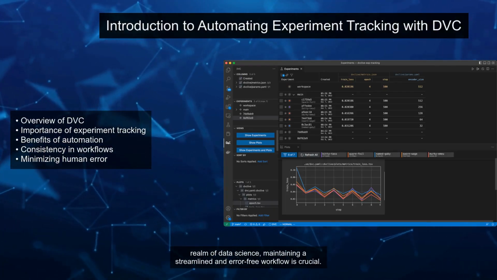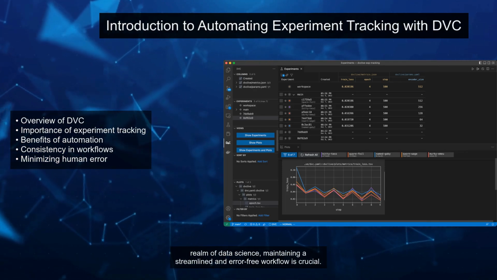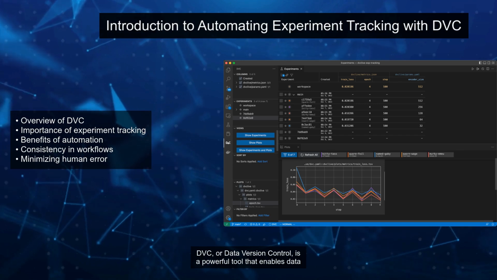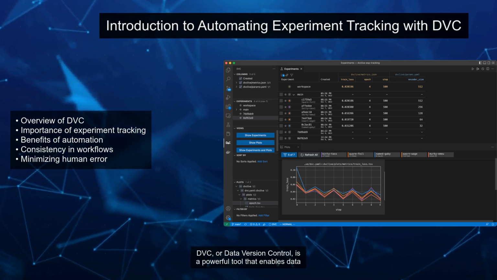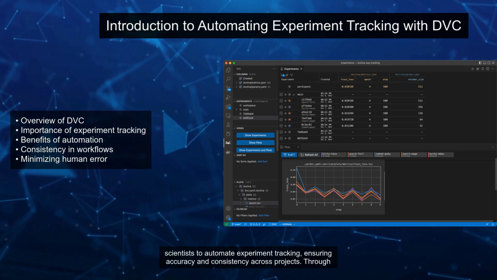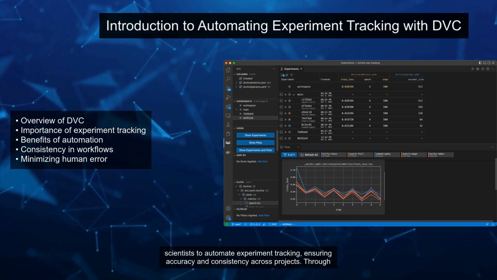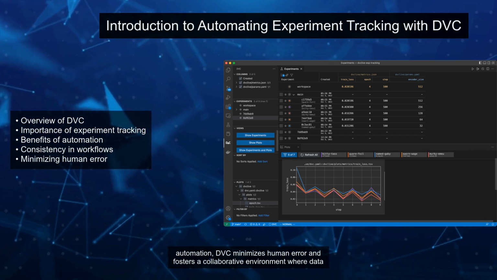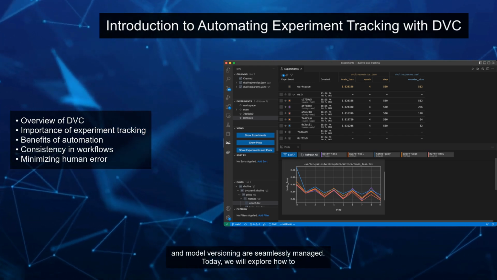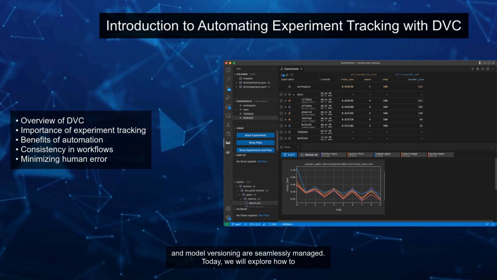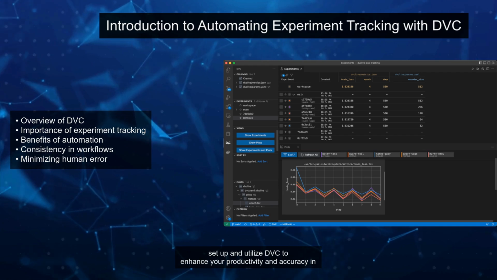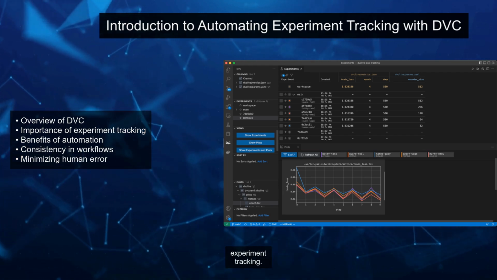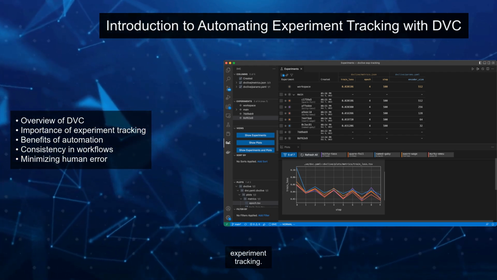In the realm of data science, maintaining a streamlined and error-free workflow is crucial. DVC, or data version control, is a powerful tool that enables data scientists to automate experiment tracking, ensuring accuracy and consistency across projects. Through automation, DVC minimizes human error and fosters a collaborative environment where data and model versioning are seamlessly managed. Today, we will explore how to set up and utilize DVC to enhance your productivity and accuracy in